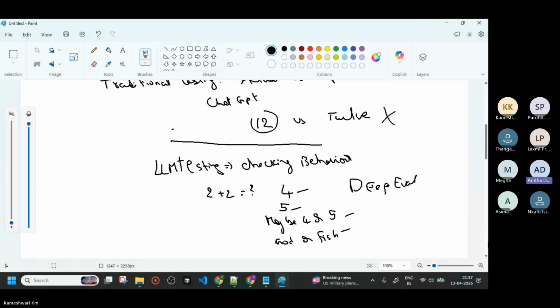So we are using DeepEval as a tool in Playwright? No, DeepEval is not in Playwright. DeepEval is a framework, not a tool. Like Playwright is a framework that we use, DeepEval is something similar. It is not like the Playwright we have been using. We have created one tool.